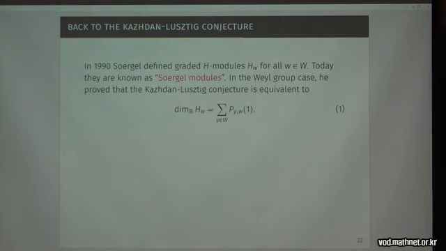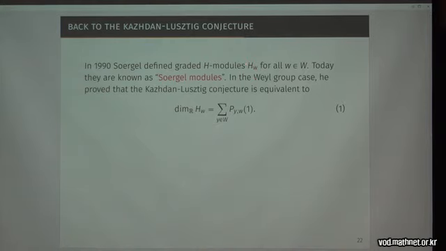What Soergel did is he explained how to give a combinatorial definition of the intersection cohomology of any Schubert variety. So he gave a combinatorial definition of certain H-modules, H_W,